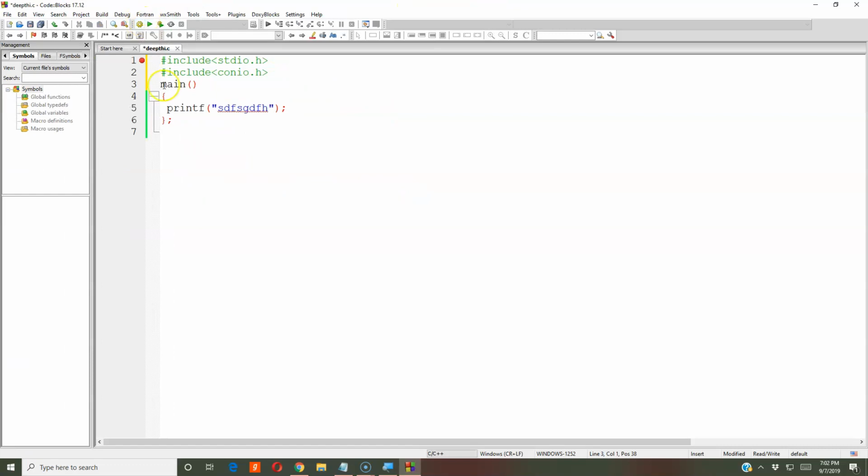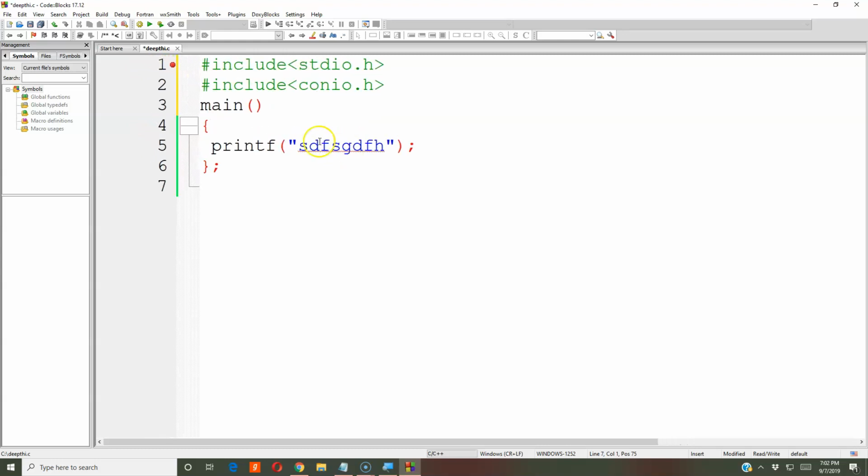Okay, I guess line numbers are visible. And if you want to maximize this, control scroll. So font size will be increased, easily you can see. Okay, first let us build this.